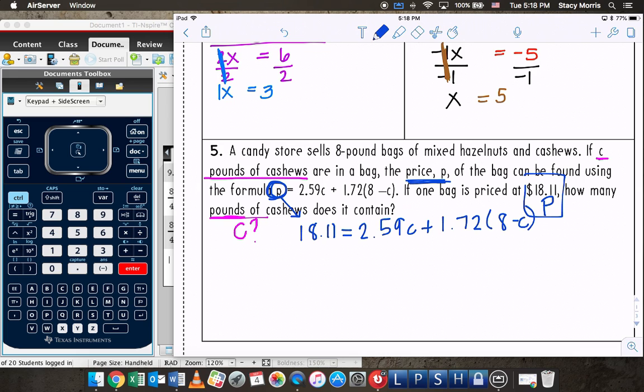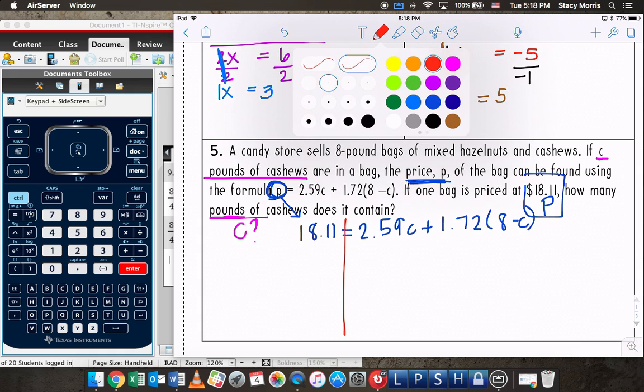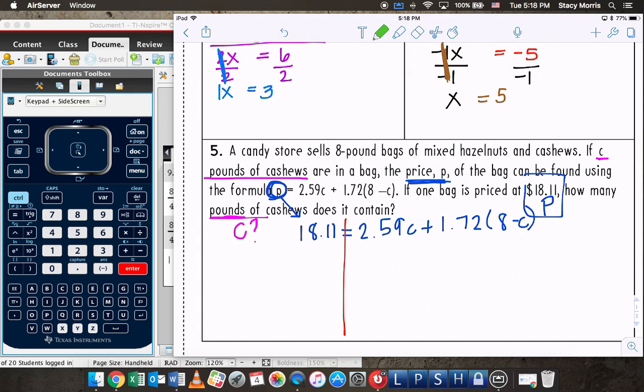So this is going to be a little bit more difficult of a problem to solve. Our first step, if you go back to the steps at the top, is to distribute. So we are going to distribute this 1.72 to the 8 and 1.72 to the negative C. Everything else in our problem is going to stay the same. So I'm going to bring all of this down. 18.11 equals